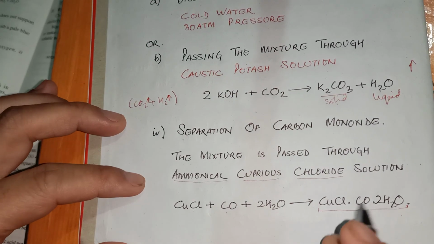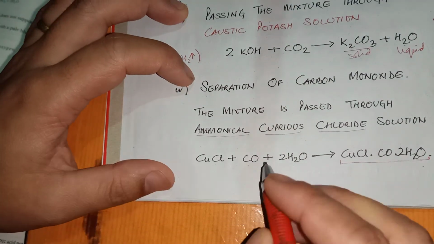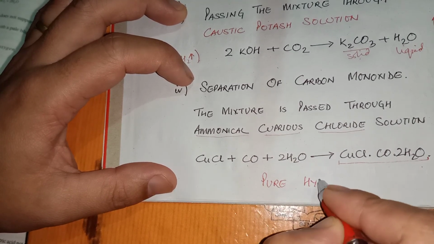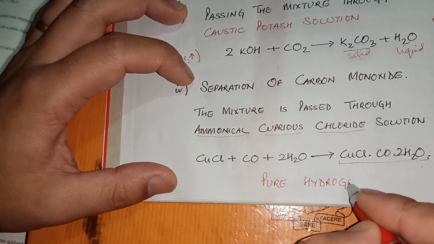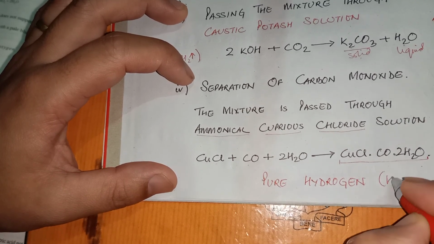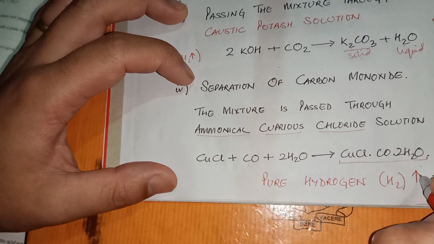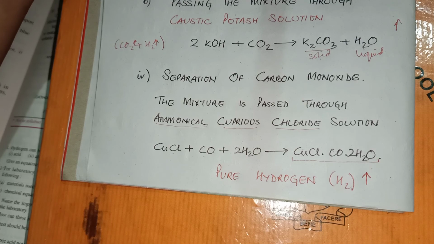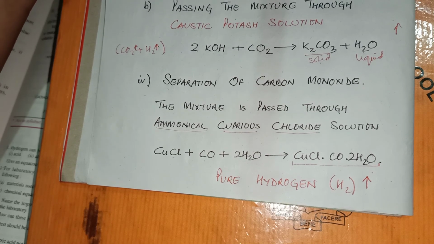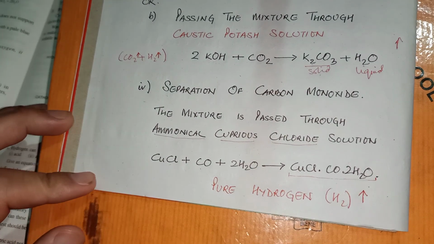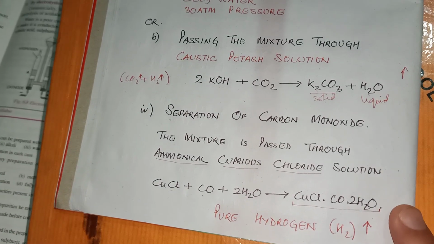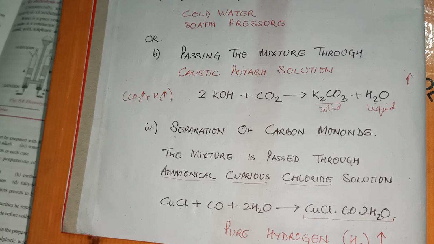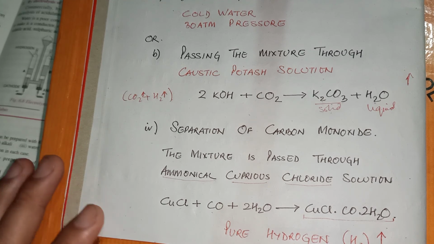So finally, after completing the fourth stage, we will get pure hydrogen. And this hydrogen gas comes out of the solution in the form of bubbles, and that will be the pure hydrogen gas. So this is how we prepare hydrogen gas by Bosch process, and this is also called industrial method